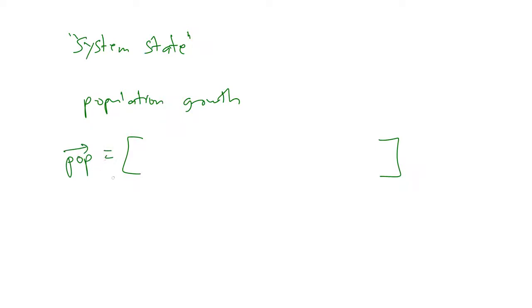And you might say, population, isn't that a scalar quantity? Isn't it just how many people are living on Mars? Maybe. But maybe we want to say how many people of different ages are living there. So we might say that right now in our colony we have 12 people who are age less than 5. And we've got